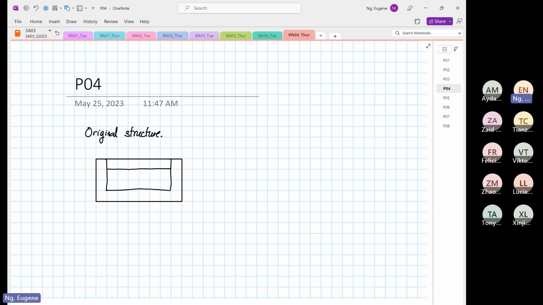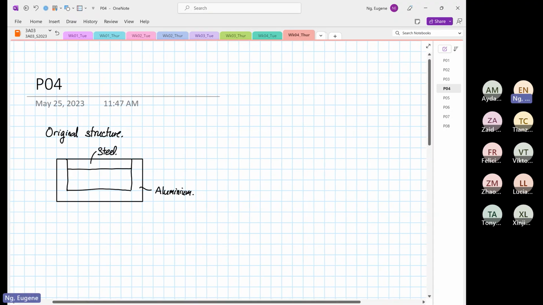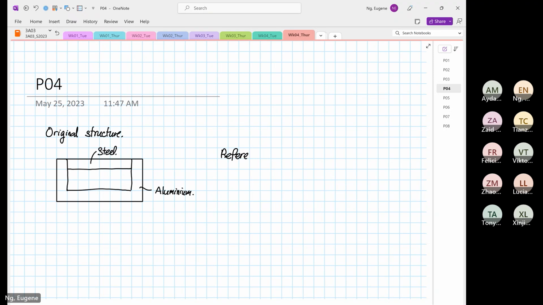So we know that this is our steel and this is our aluminum. Now, if we were to use E, so if we pick the reference material as steel,